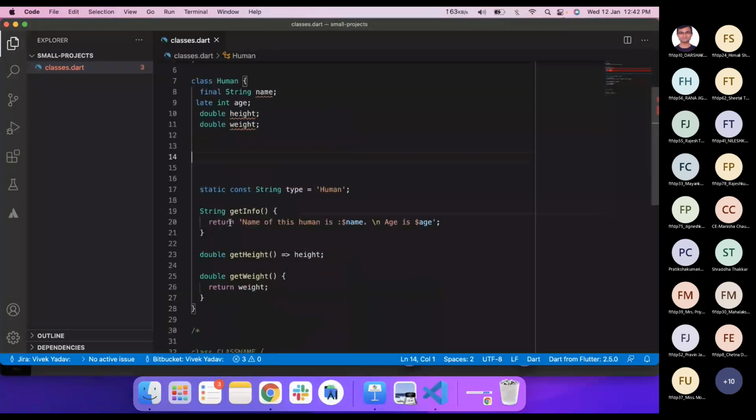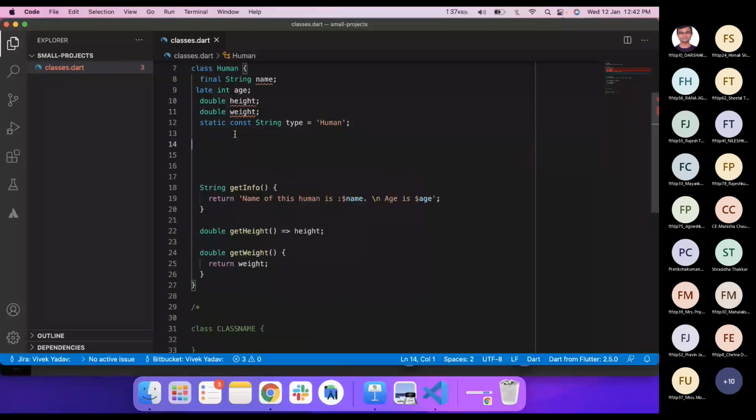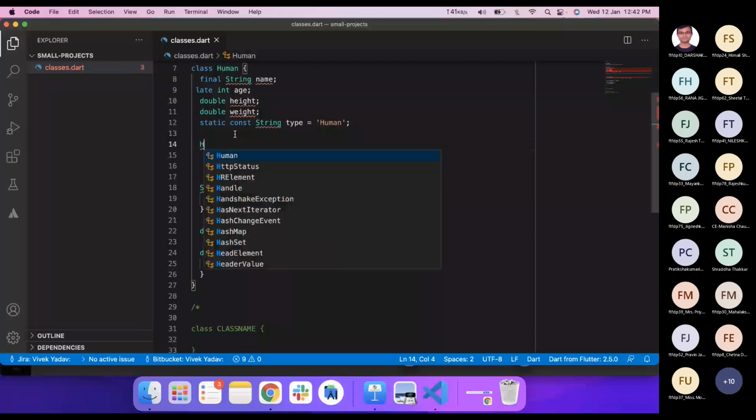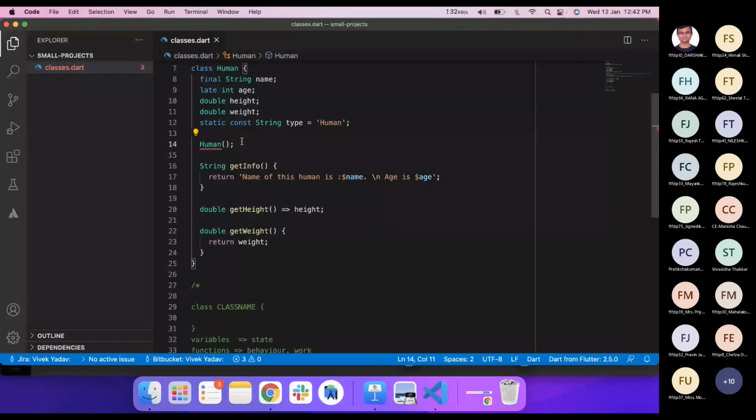So we saw how we can write variables and how we can write functions. Let's see how we can write a constructor. A simple constructor is a normal thing. A constructor is a function which doesn't have a return type and whose name looks like the class. So you can see I'm writing the class name, then two round brackets, and then a semicolon. The name is exactly similar to our class name, and the behavior is like a function.